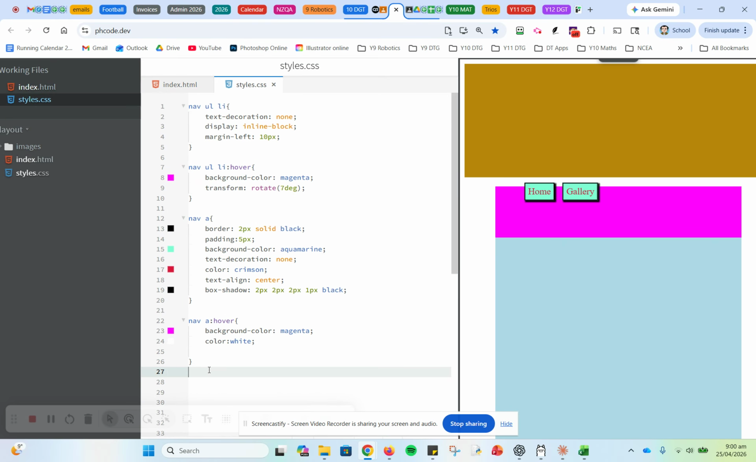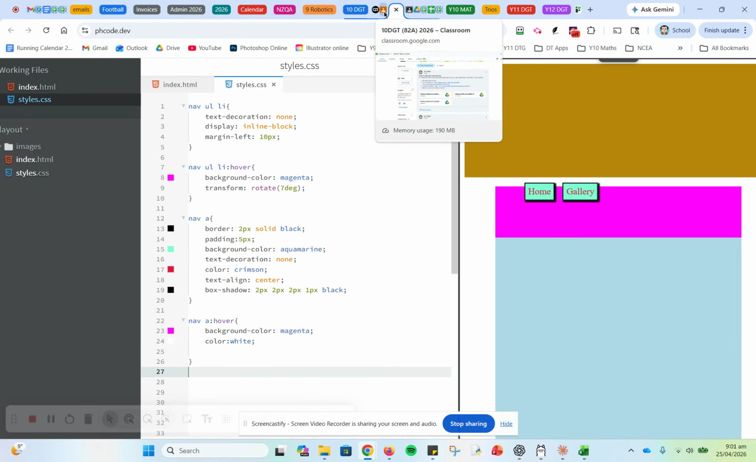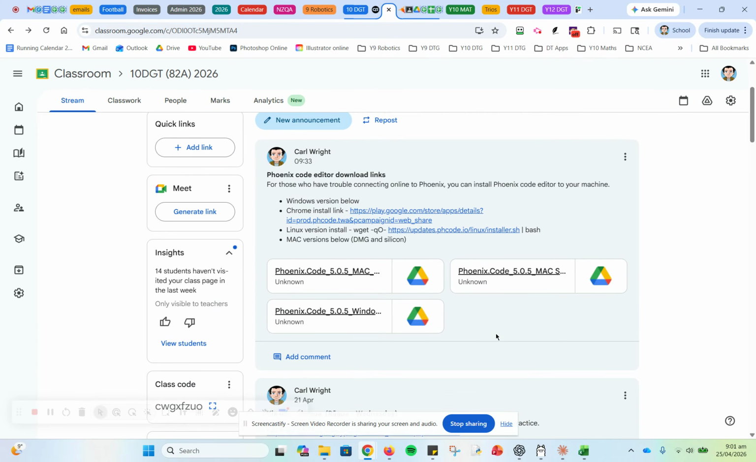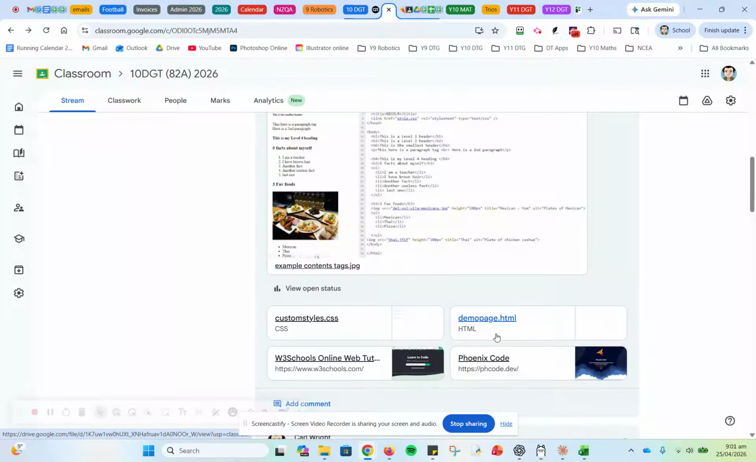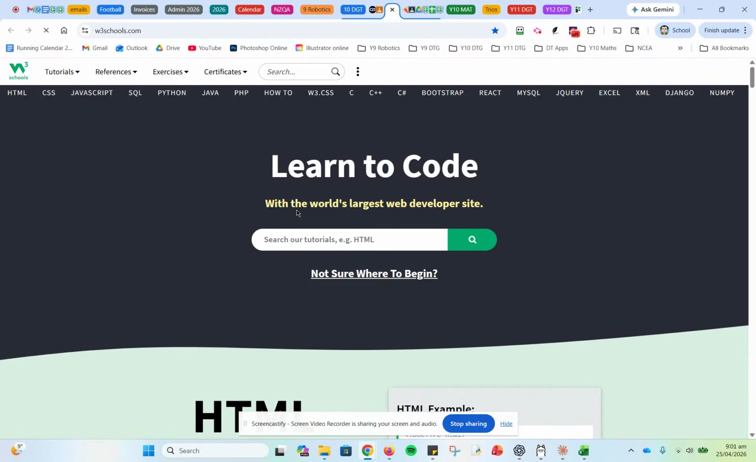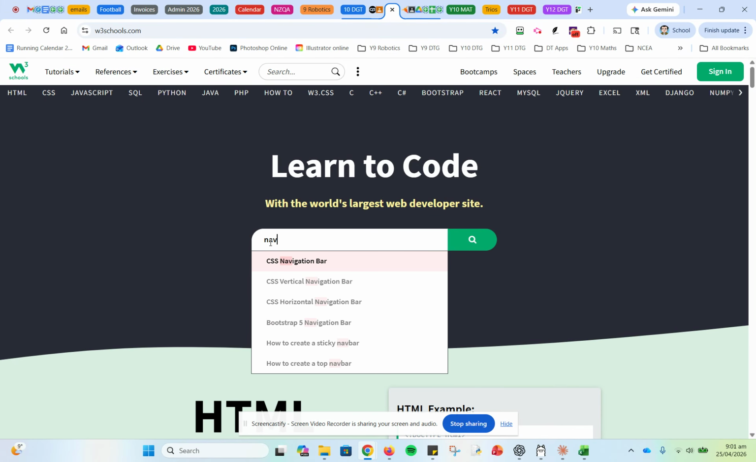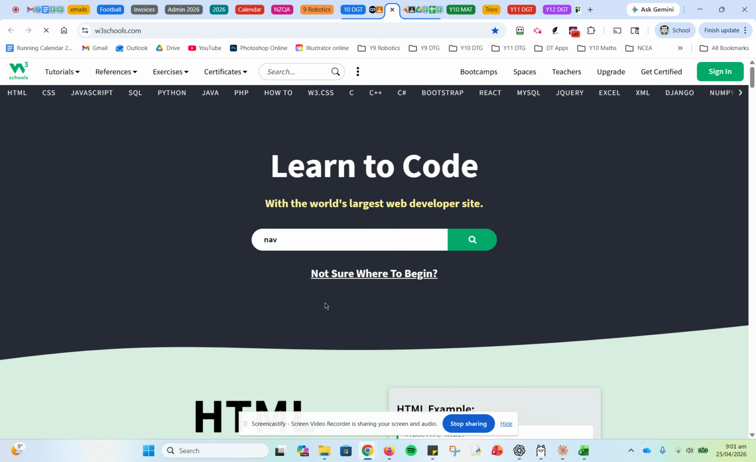Now, if the styling and all that confuse you, you can go to W3 Schools. I'll see if I put a link up on there. Maybe I did. Yep, W3 Schools here, this link. If we go there, we can type in navigation, and I want to create a navigation, and I actually want a horizontal one that goes across the page. So if I click in that,